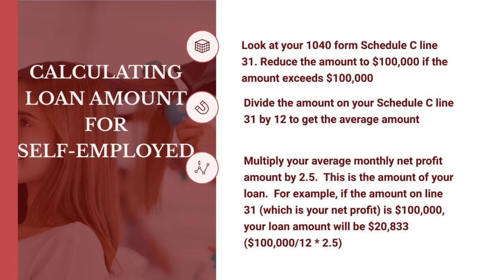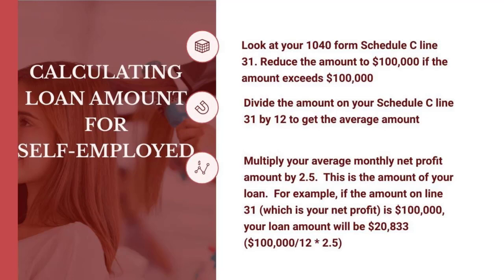Keep in mind that if that amount is over $100,000, you have to reduce it to $100,000, because we're not allowed to use more than $100,000 to calculate each individual's loan amount. Then you're going to divide whatever amount is on line 31 by 12, and that's going to give you your average